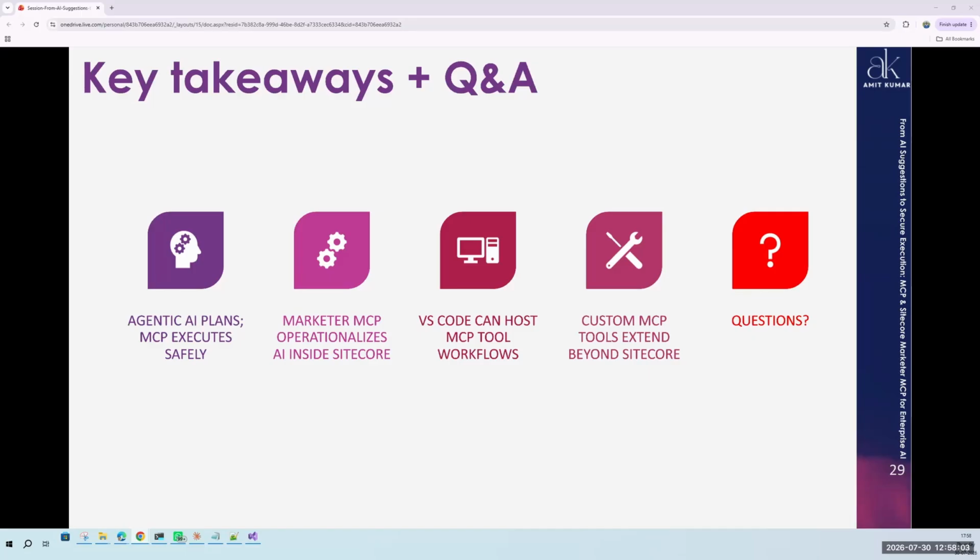Then we touched upon how to create custom MCP tools, what packages we need to inherit, how we can write them, what class decorations we need to maintain, and how we can integrate those with Visual Studio Code as well as Claude Desktop.